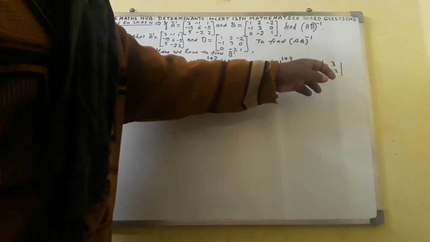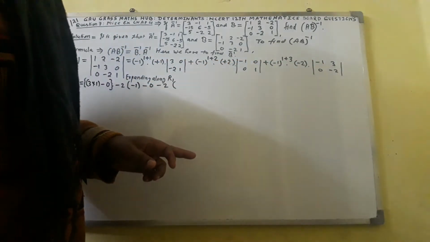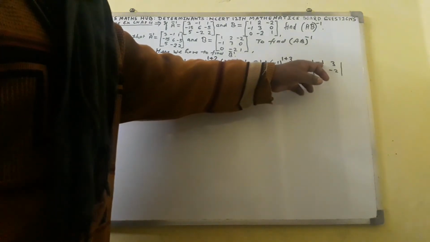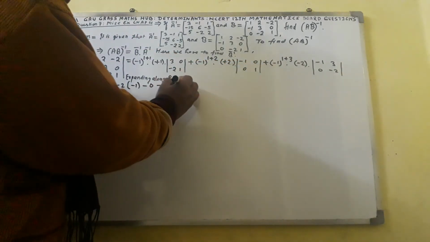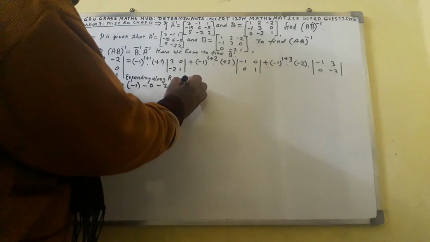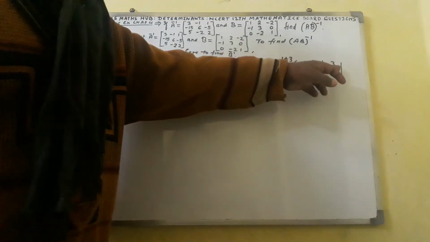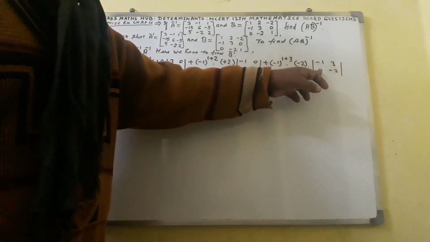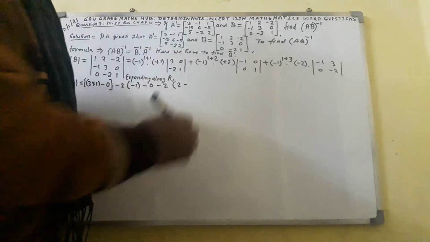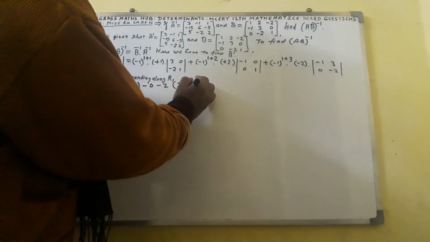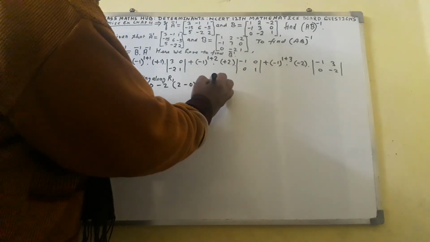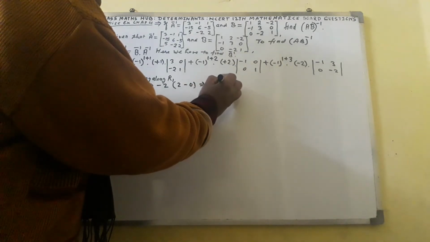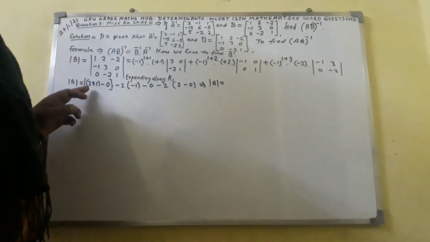Here you can see in this matrix minus 1 will multiply to minus 2 and comes out to 2. Minus elements of the reverse diagonal, 3 and 0, will multiply together. It comes out to 0. So here write 0. You will get here, imply that the determinant of matrix B comes out to be 3